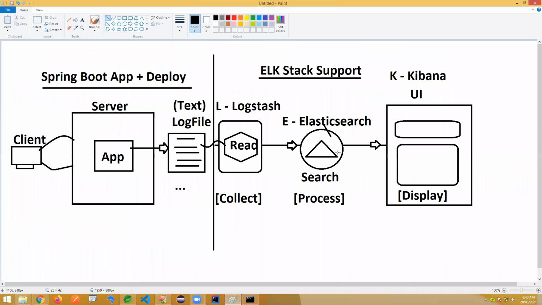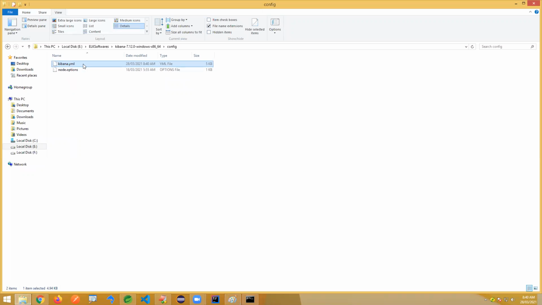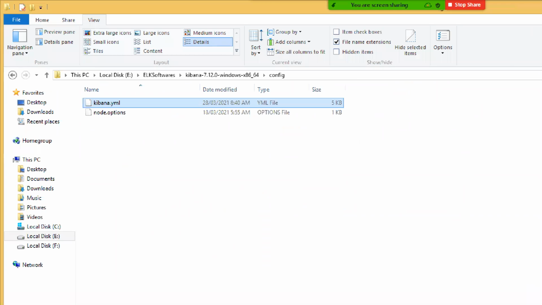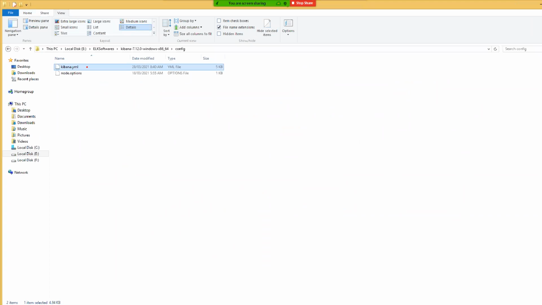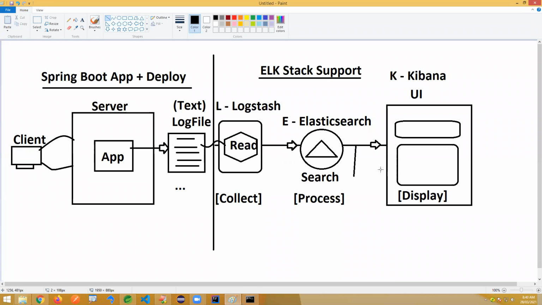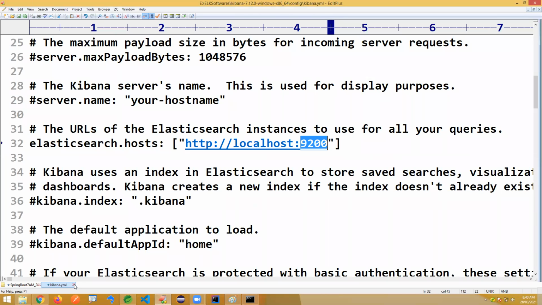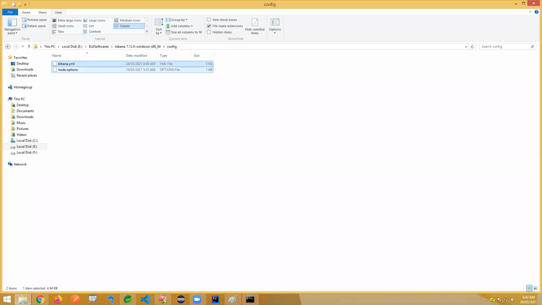So we are modifying this Kibana file. We are just mentioning that it is connected to Elasticsearch. Elasticsearch is running on 9200, and we are connecting Kibana to it. So we are mapping Kibana with Elasticsearch for reading. We are creating this link. That's it. Just uncomment this line inside the kibana.yml file.